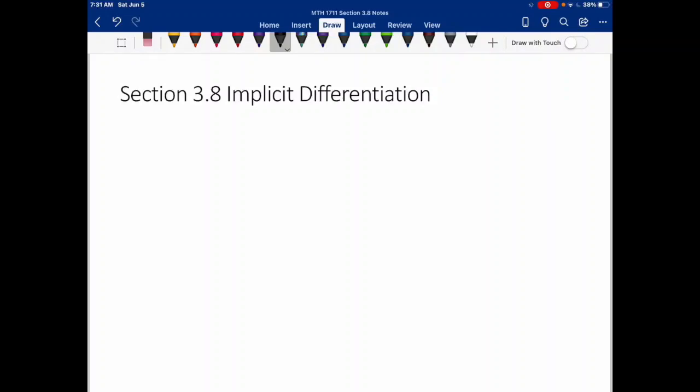So in this lesson, we're going to talk about implicit differentiation. And in order to understand what implicit differentiation is, we're first going to discuss the difference between explicit and implicit. So if we have an explicit equation, that means we have it set up where we have our dependent variable, which is typically y, written in the